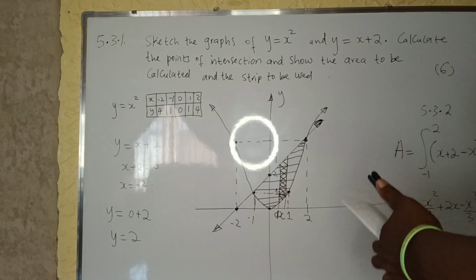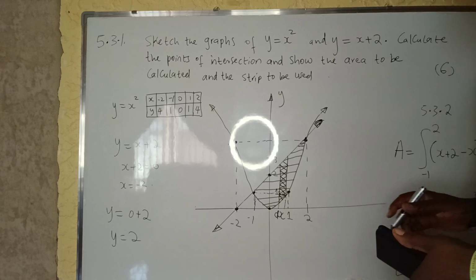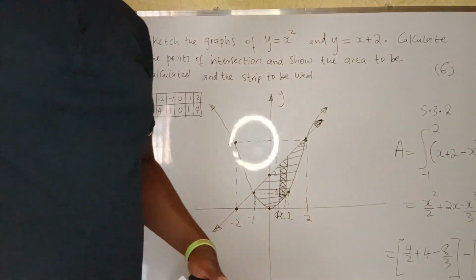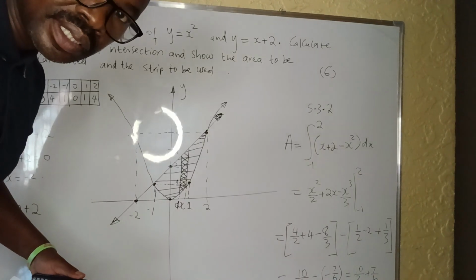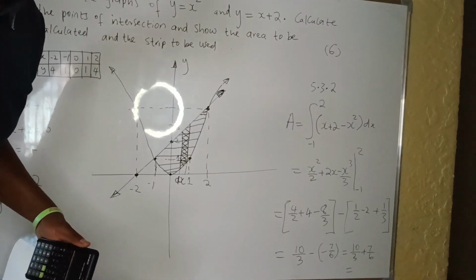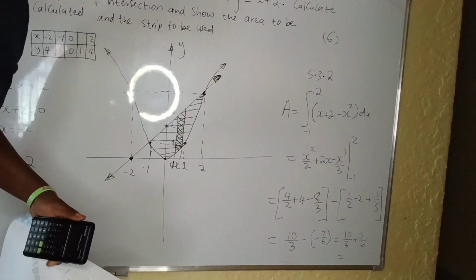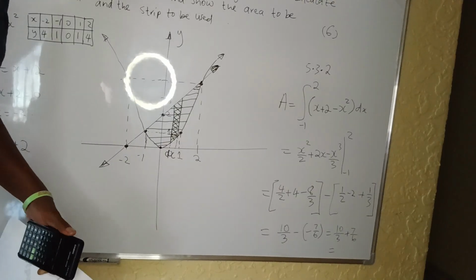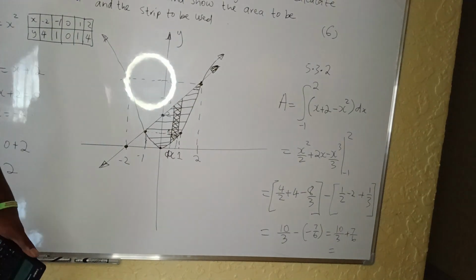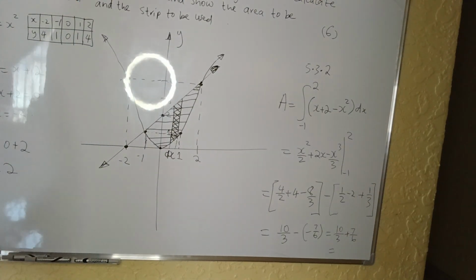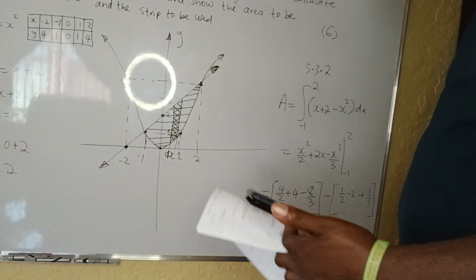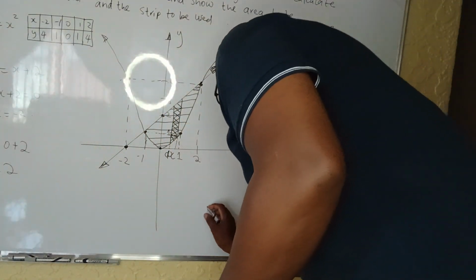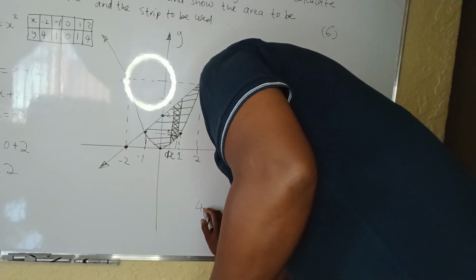I get the answer of, there it is. Can you see there at the corner there? The final answer to that one. I can't write it there. There is no space. So that one, the final answer is 9 divided by 2, which is 4.5